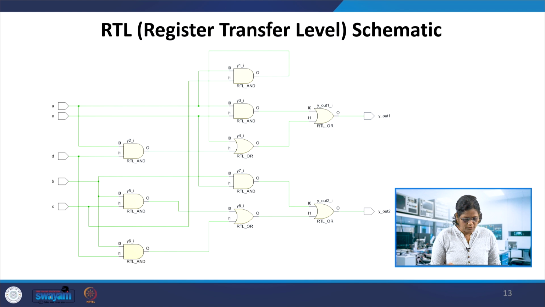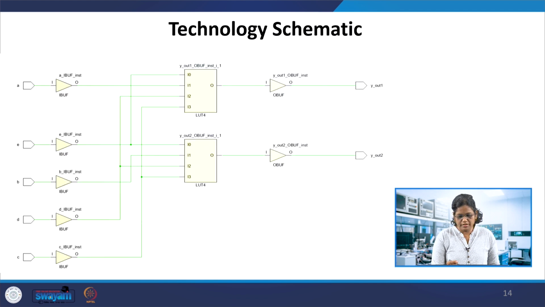And then the technology specific one, for the FPGA and the board which we had chosen, the equivalent combinational logic is now taking the inputs A, B, C, D, E. All 5 inputs use buffers. These buffers are technology specific. Then you can see the LUTs.